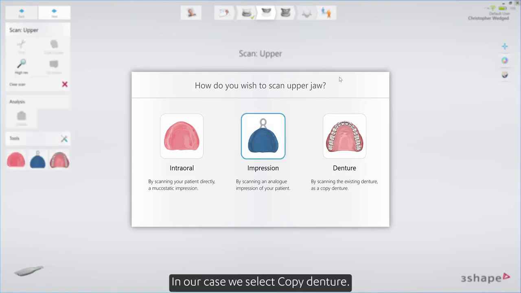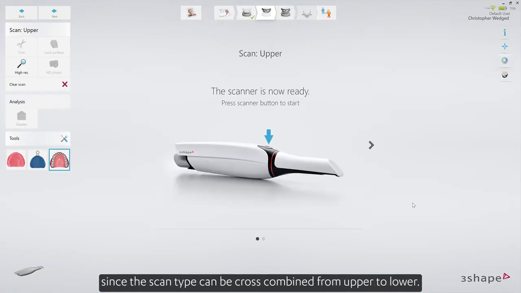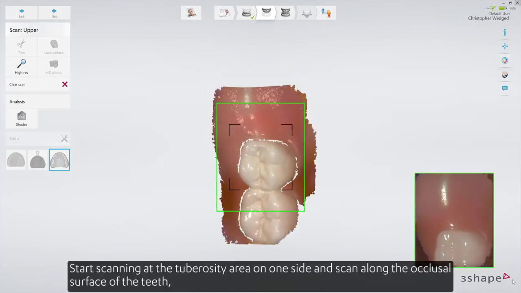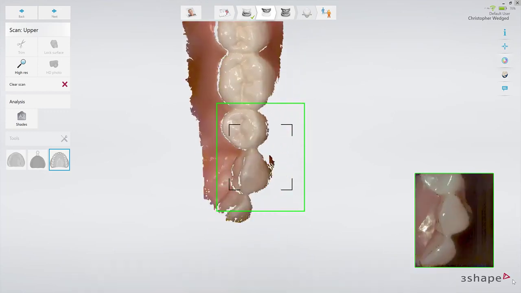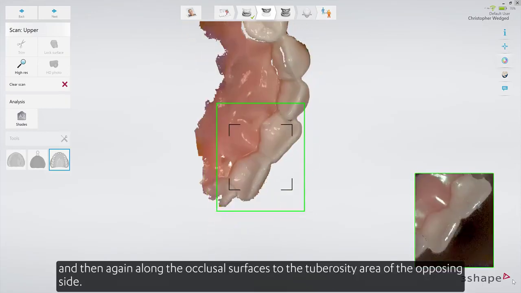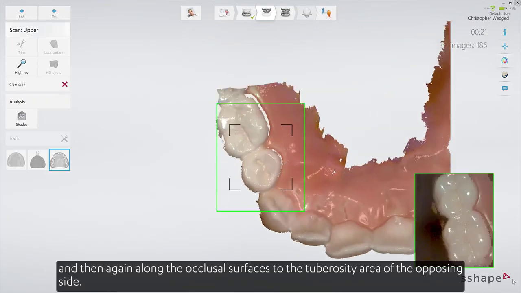In our case, we select Copy Denture. However, other options can be selected instead, since the scan type can be cross-combined from upper to lower. Start scanning at the tuberosity area on one side and scan along the occlusal surface of the teeth, wiggling across the incisal edges of the incisors and then again along the occlusal surfaces to the tuberosity area of the opposing